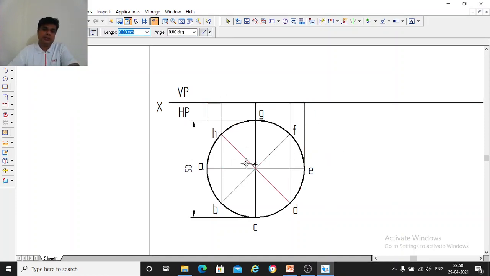Now this plane is seen from the front. If you see, we can see this curve as a line. So this is the front view of this circle. So again, the front view you have drawn. So once you have drawn the front view, you should name these points. So what is this point? So this is A, this point will be A dash,